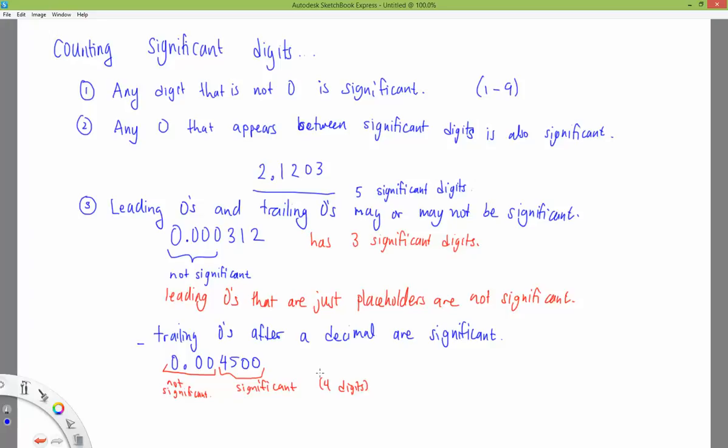It feels weird and it feels uncomfortable, okay? We're not accustomed to using significant digits, okay? But remember, significant digits play a role when it comes to